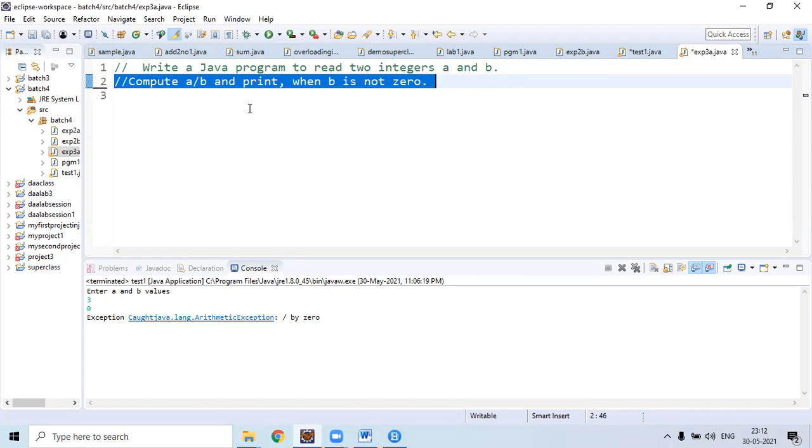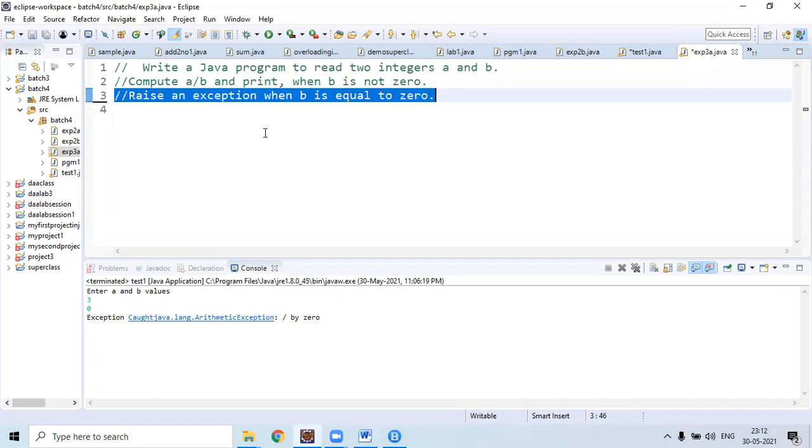If b is not equal to 0, in that case, we need to print the result of a divided by b. Otherwise, we need to raise an exception. Means when b is equal to 0, in that case, we need to raise exception.